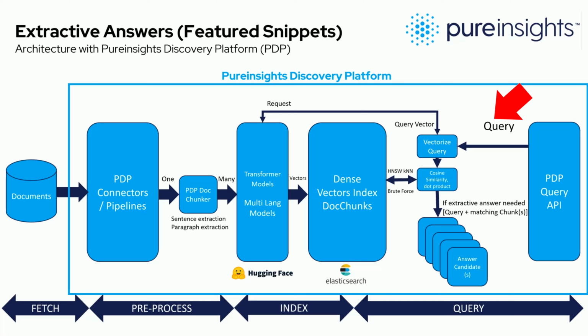When the query comes in, of course, then we also have to vectorize. We can't use keyword queries against vectors, so we have to vectorize the query as well, and we use exactly the same service to do that. It provides a normalized vector between the documentation side and also the query side. And then we compute either a cosine similarity or a dot product similarity between the query and the document chunks. And then, of course, what that does is it will generate a set of candidate answers. Not necessarily the perfect answer in hit position 1, because now we're at the neural level and it just spits out a score.